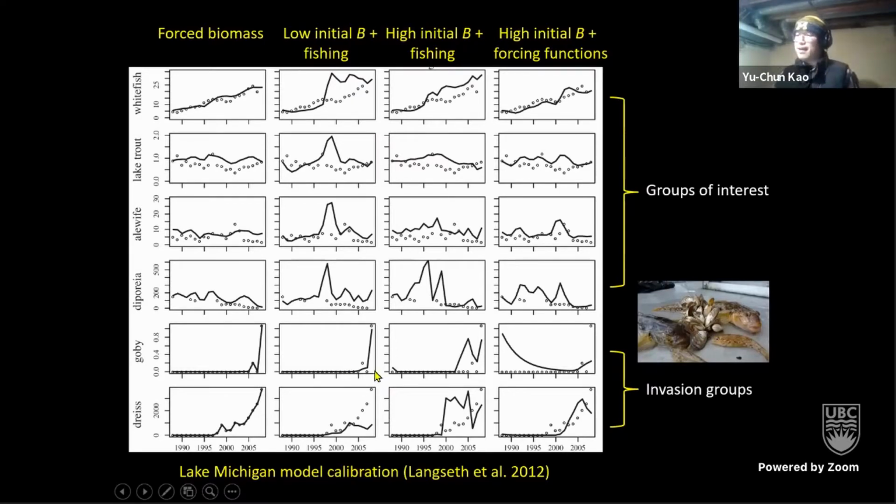And then high initial biomass with fishing, so you can see slightly high. Note that these biomasses are really too high, so you probably cannot see the high initial biomass here. So initial biomass, fishing down, and the release doesn't look super good to me. And finally, this is changing forcing, but with a high initial biomass. So it took some time to drive this biomass down to the desired level before their invasion. So these are the four methods.